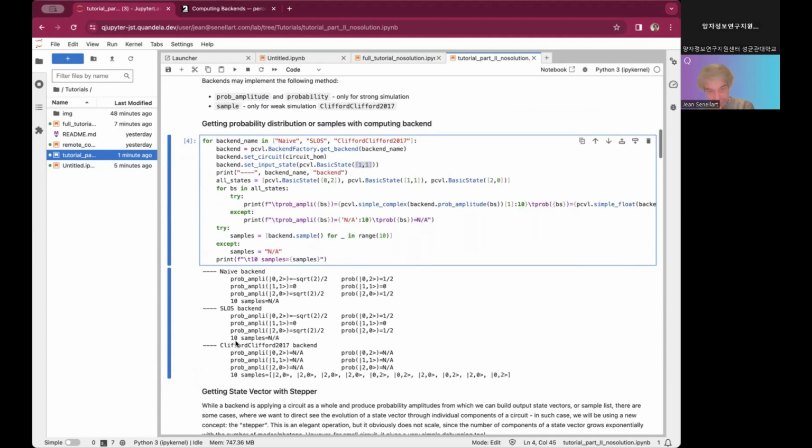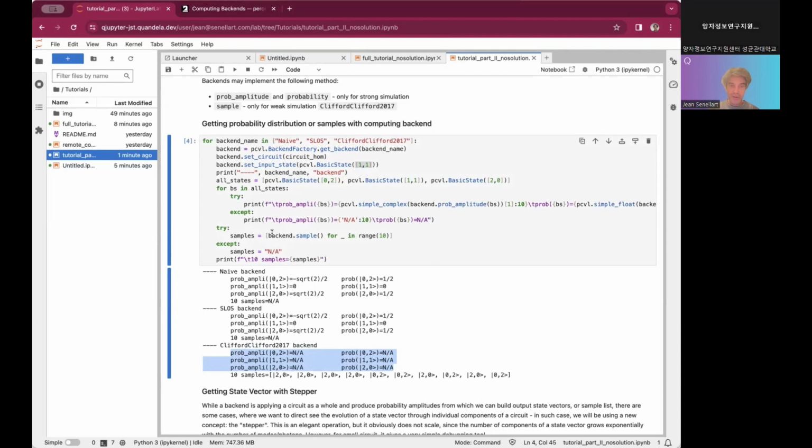Clifford and Clifford, I don't have access. So if you run it removing a try except, you will get some exception because it will tell you Clifford and Clifford doesn't have probability amplitude and probability method. So you don't have this defined, but you can get some samples. So Clifford and Clifford is doing some samples. And if I'm taking 10 samples, I'm seeing that, okay, I have the first four are on the top, then there is on the bottom and so on. So this will change every time. And this will be, of course, totally random.